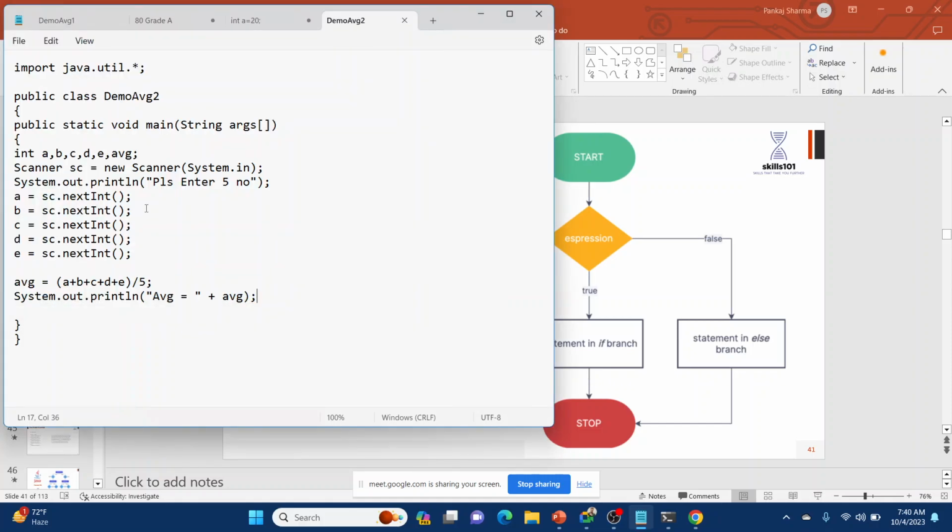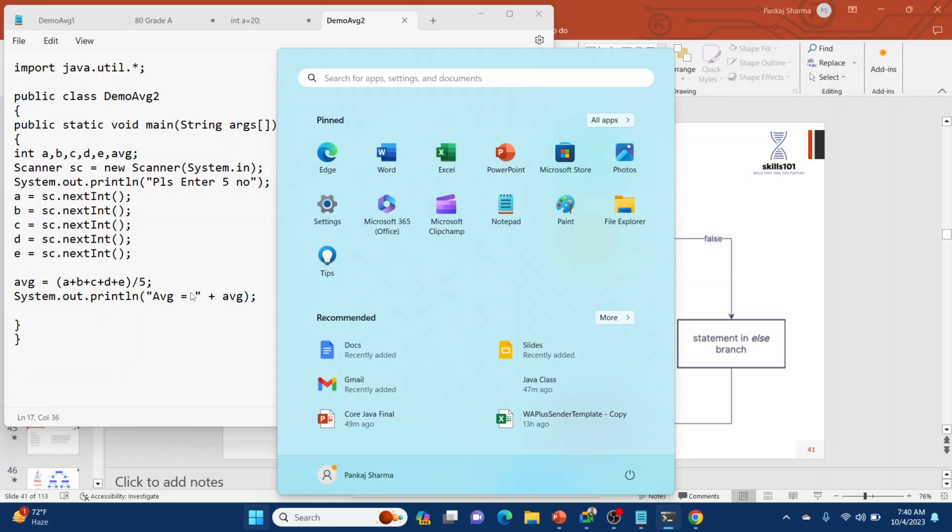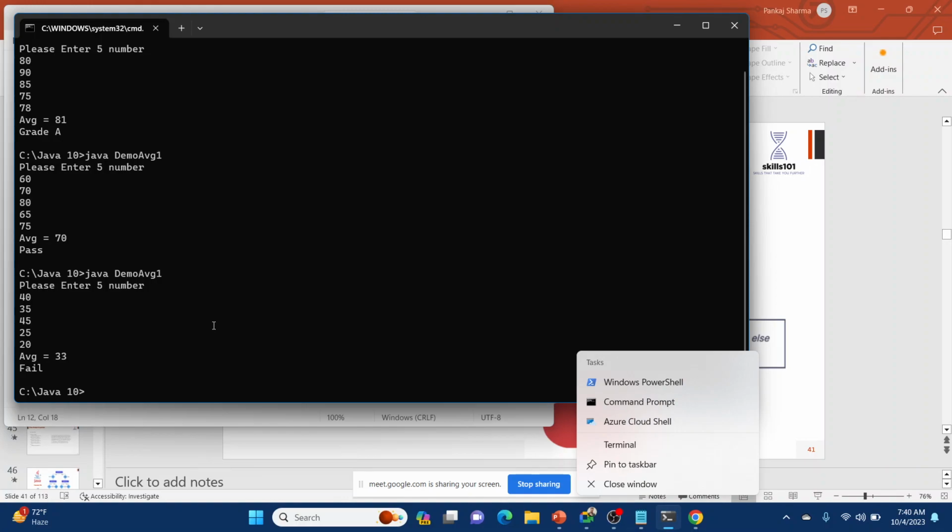Then we will go to our command prompt. We will clear the previous data that we had from the last class.